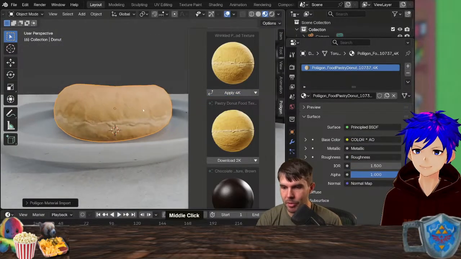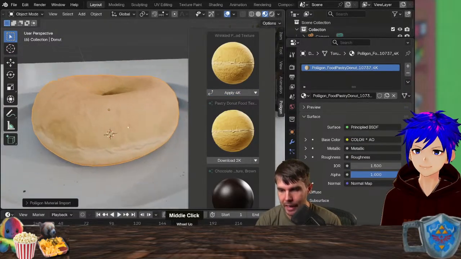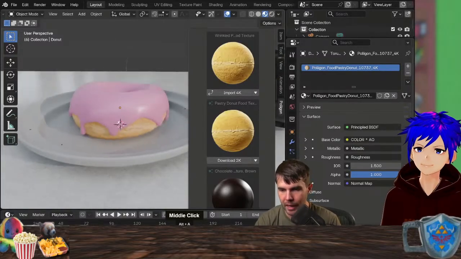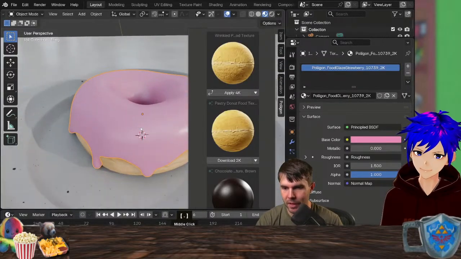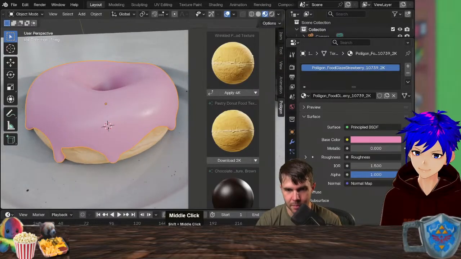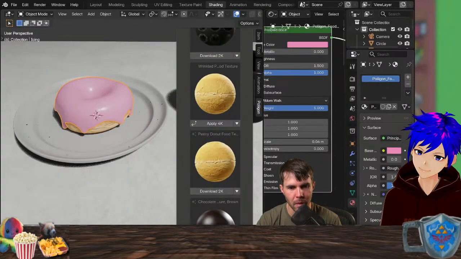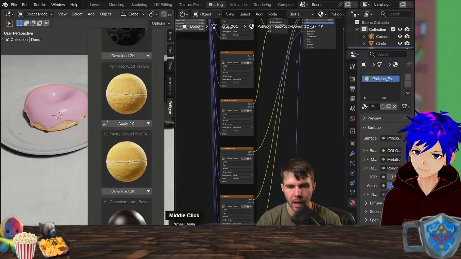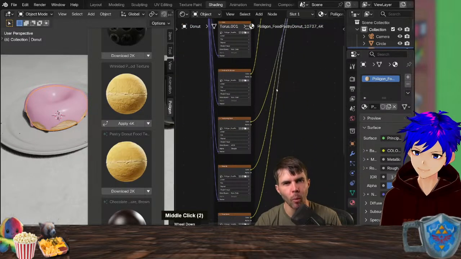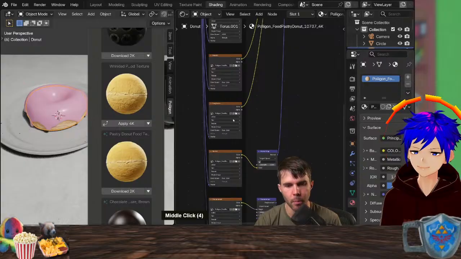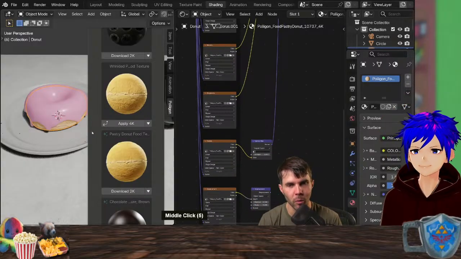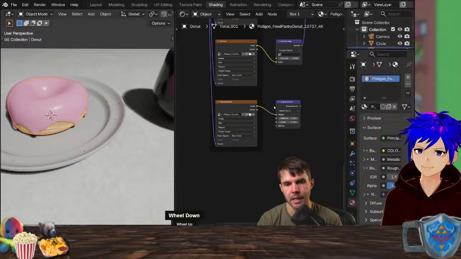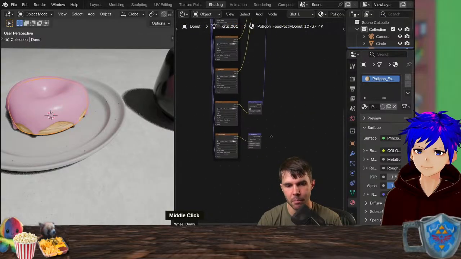Hit apply, and that's pretty good. Like, that's nice color. We got nice bump there. If we bring back our icing, you can see that's already pretty good, right? But there is something else that we can do, because when I was talking about shading, you might remember I mentioned that there are 2 different ways of creating bumps, right? The normal one, the purple one, that's the one we've been using thus far. But there's another one here which comes in disconnected, and it's the displacement map.